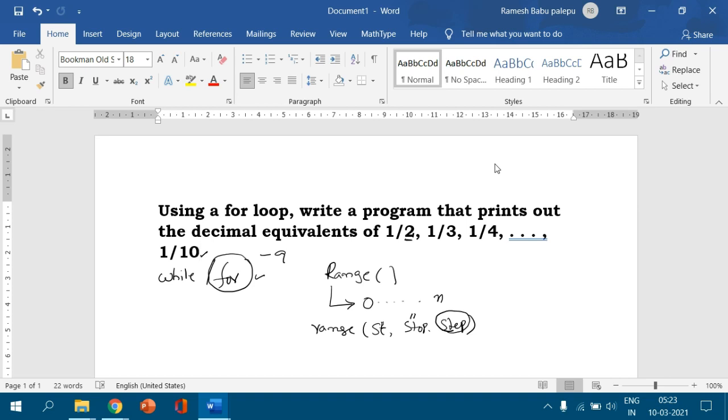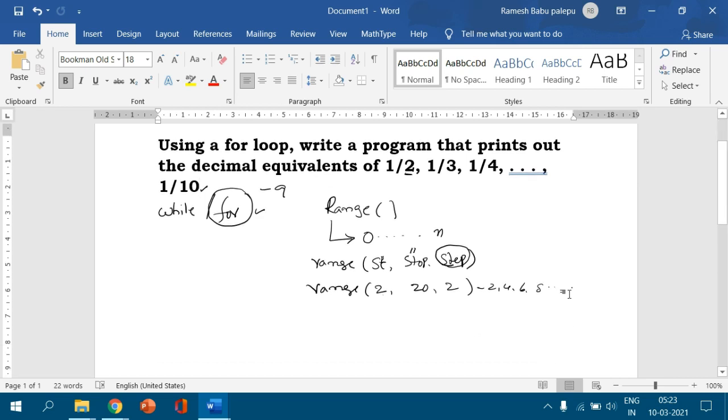For example, if I write range with starting equal to 2, ending maybe 20, comma step equal to 2, the first value is 2 and next is 4, then 6, 8 and so on. Here I am going to ignore the step. Then the range function will automatically increase the values by 1 by default.